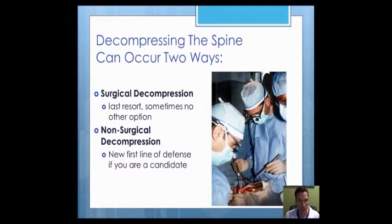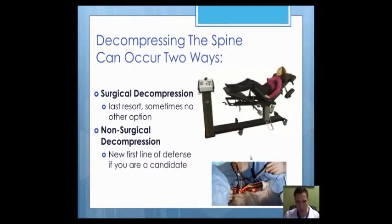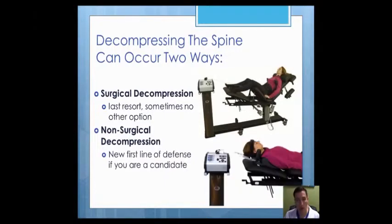And with surgeries, obviously it's very invasive. We have to open up the spine, and there are numerous procedures, but it's very risky, very dangerous, and something we want to do only as a very last resort. And then there's non-surgical decompression therapy, which in this picture is someone having a gentle, non-surgical decompressive therapy performed on their lower back. We can also do it with the neck, which in this picture you can see this lady having her neck decompressed, and we can treat spinal conditions of the neck or the cervical spine as well. So these are the ways we want to approach it if we can. They're the least invasive, and if these work, then this is what we want to do from a safety and